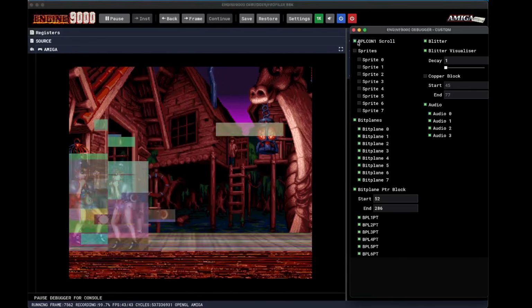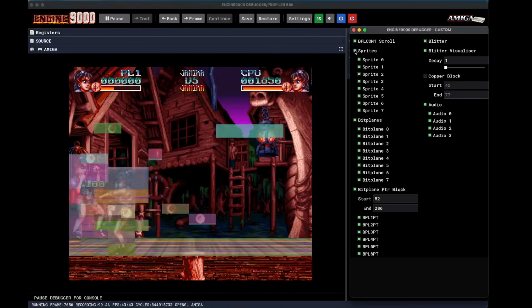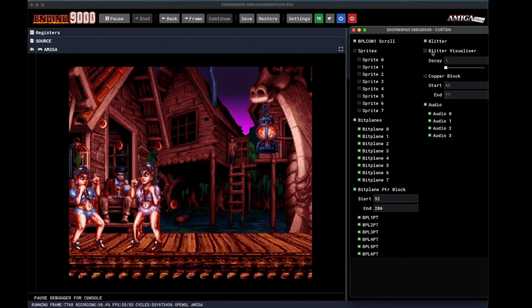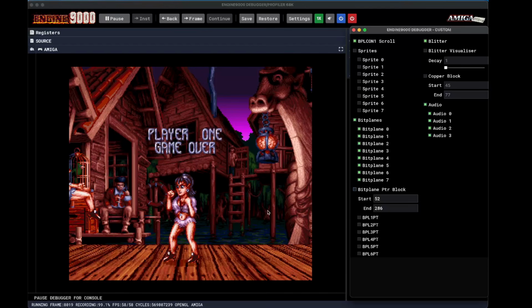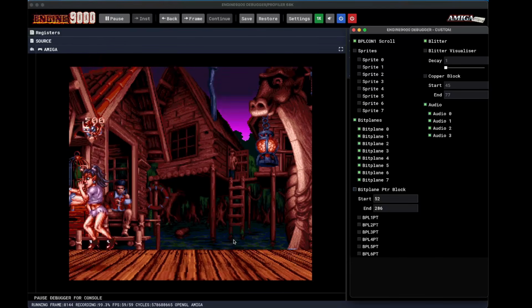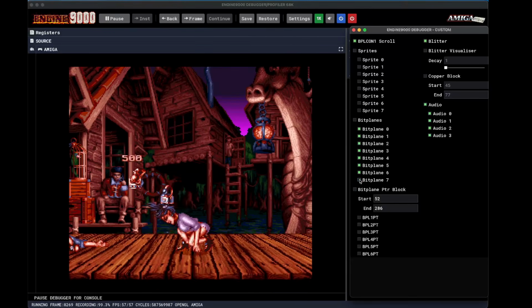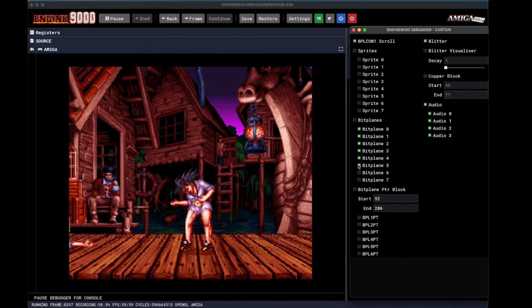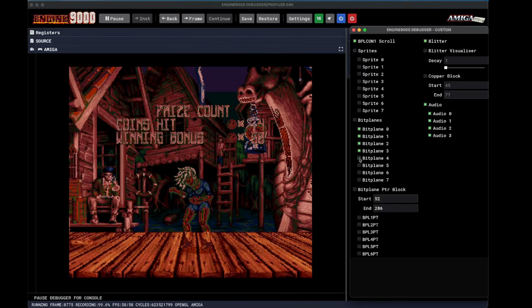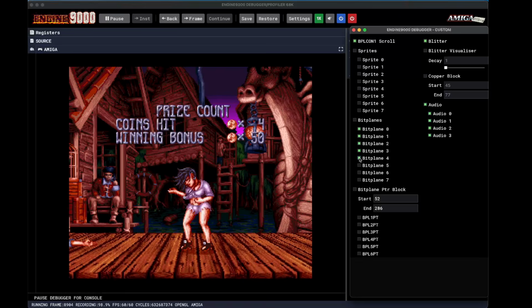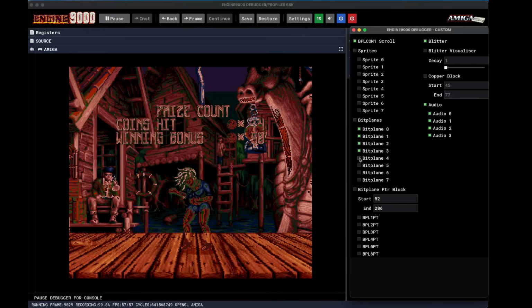So one other thing we can do is let's put everything back to normal. Get rid of the blitter visualization, get rid of the bitplane block. Let's just have a look at the bitplane usage. It's probably not going to be using the 7th or 6th bitplane. 5th, no. So, well, when I say 5th, I guess I really mean 4th, 0. Okay, so it definitely looks like we've got 32 colors, at least for the main characters, but not, interestingly, for the